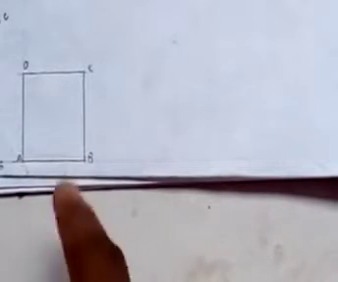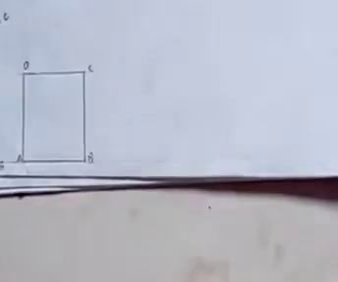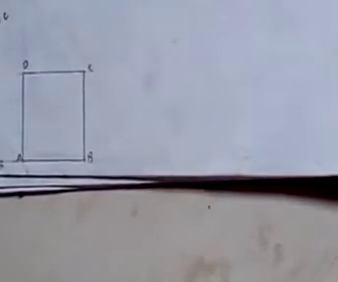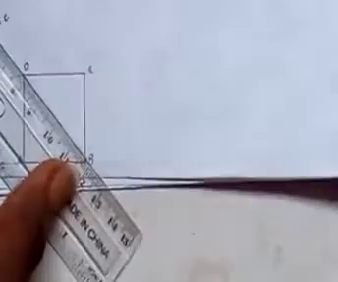So all you need to do is draw the square ABCD. So this is the square ABCD. Then the next step is to draw the diagonal BD. The diagonal runs from B to D. So here we go. This is the diagonal BD, and then this diagonal BD will be the length of the